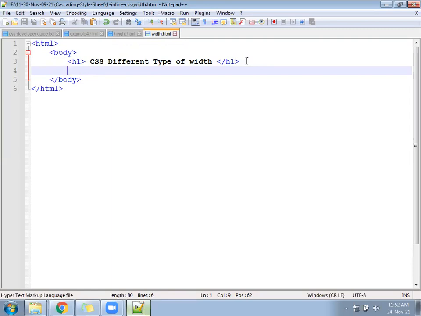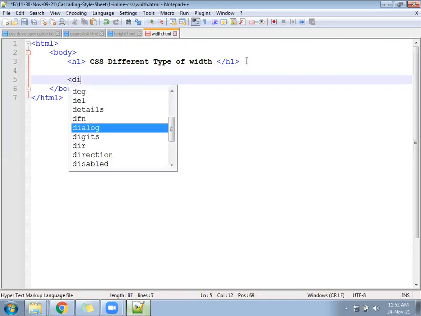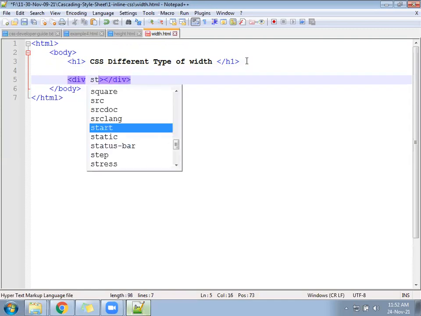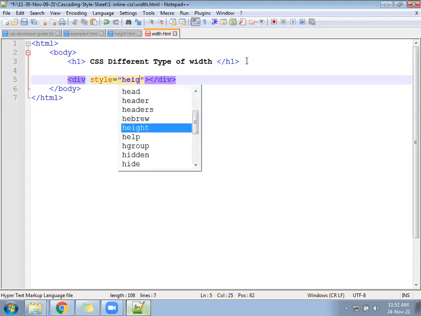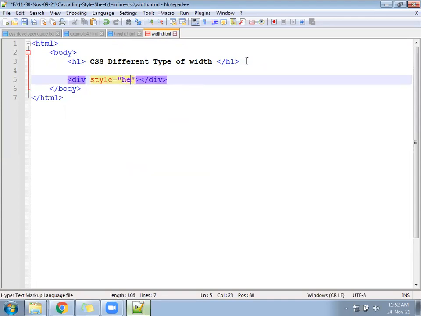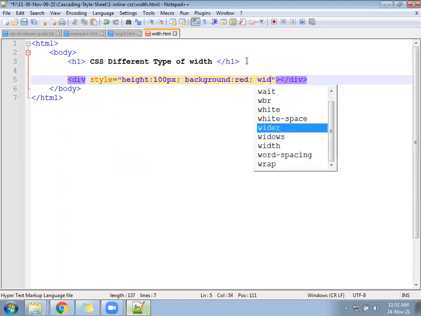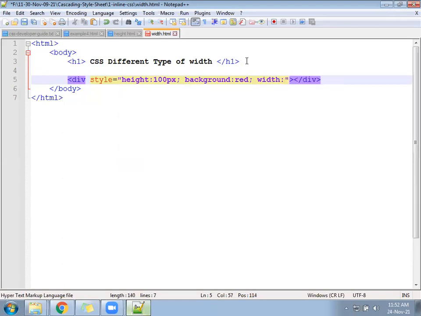Now write a division. For that division, write style equal to height, suppose 100 px, background some red color, and width 1200 px.